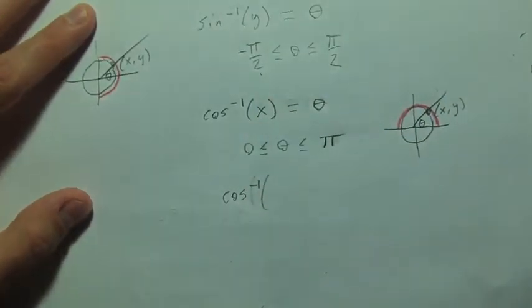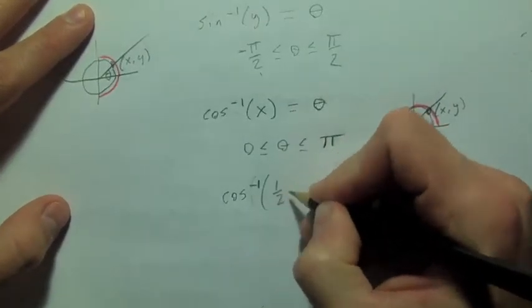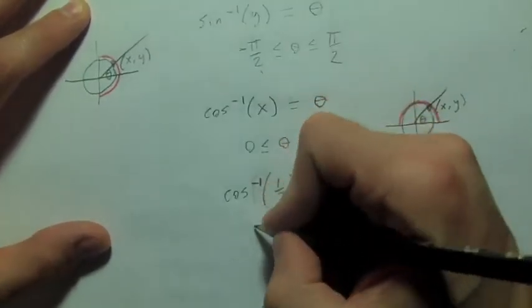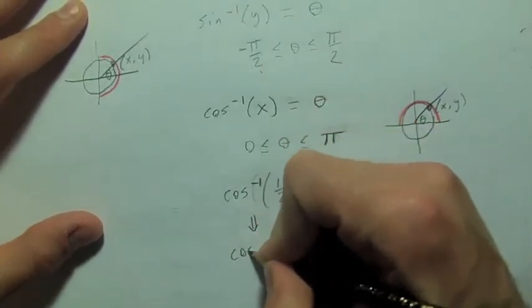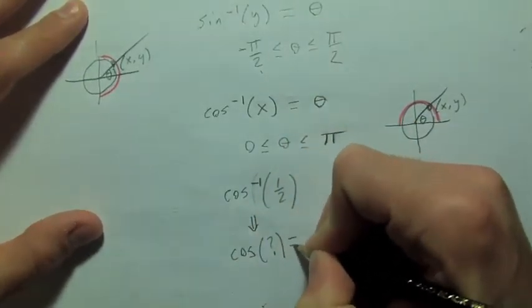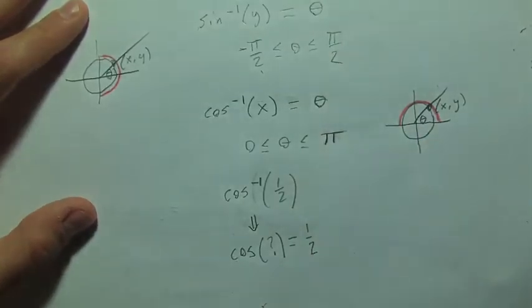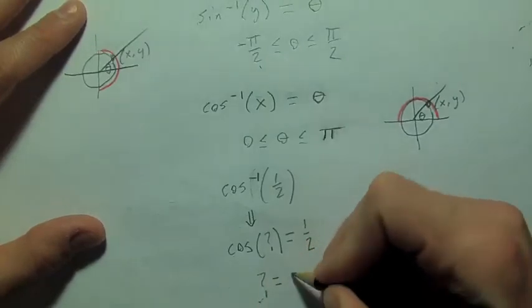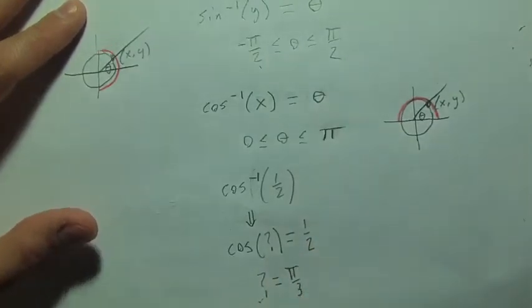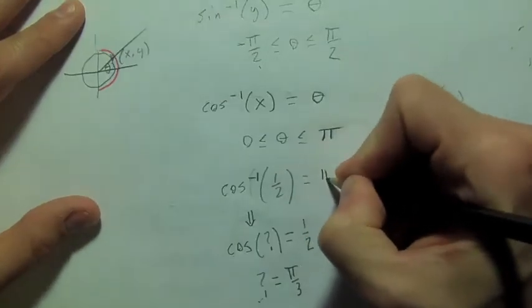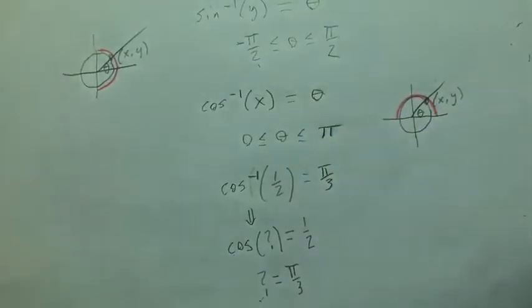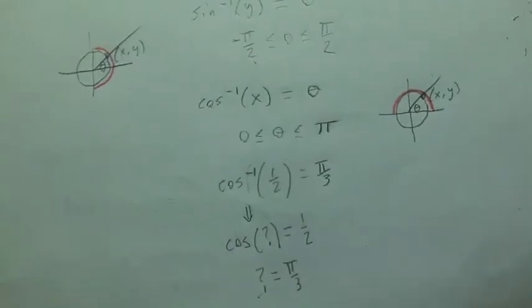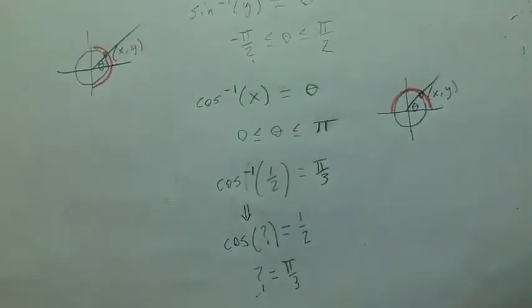So if I were to say, hey, what is cosine inverse of, let's say, well, let's do 1/2 again. 1/2. So this is basically the same thing as asking cosine of what angle equals 1/2. What angle will do that? Well, pi over 3. So this gives us pi over 3. Okay? And then finally,